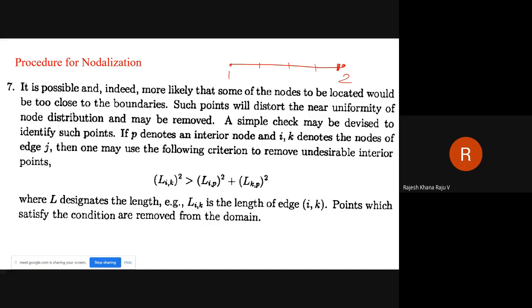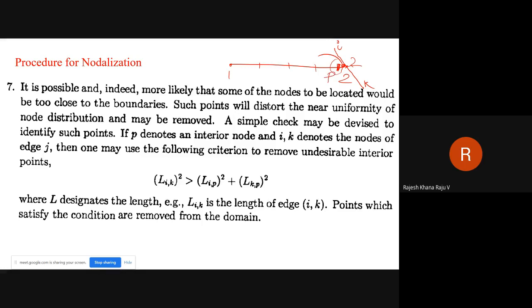Then in such cases, you have to check with respect to this particular last point whether that point will be accepted or not. So in order to do so, this is one of the intersection points, meaning through that there is one edge which is passing through. Let us say the edge is ik. Now if it is intersecting at point 2, let us say this point is your P.